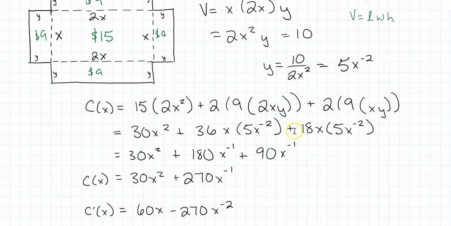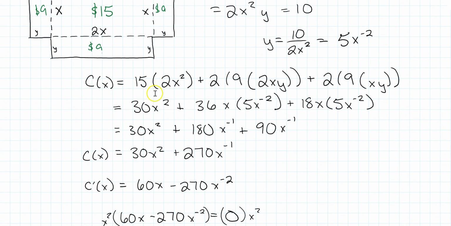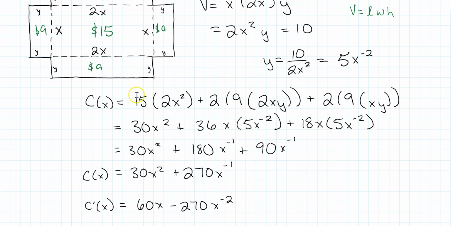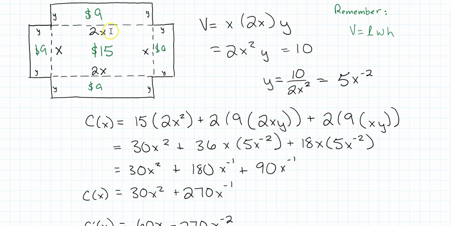And the reason I did that is because when I write out my cost function, I'm going to have y's that need to be plugged in later. All right, so let's look at the cost function again really quickly. It was $15 for the area of the base. So that's 15 times 2x times x, or 15 times 2x squared. I have two long flaps, and my long flaps are 2x wide by y long, so those are going to be two flaps, $9 a piece, times 2xy, which is the area of those flaps. The shorter flaps are only x times y for their area, so I've got two of those at $9 a piece,